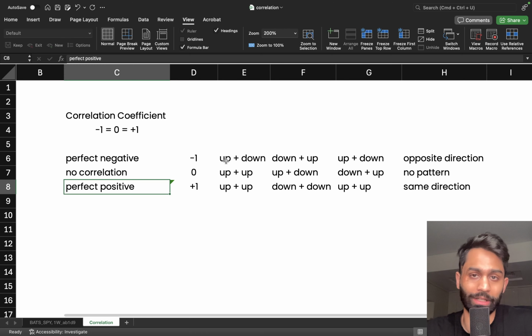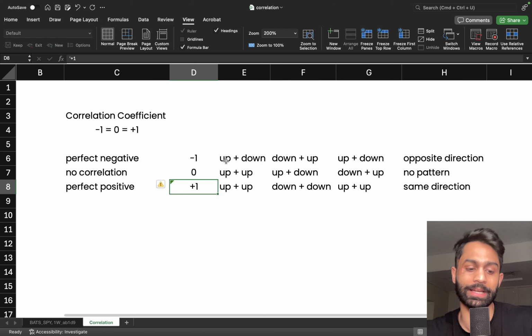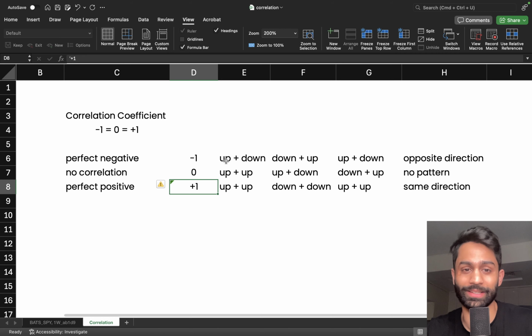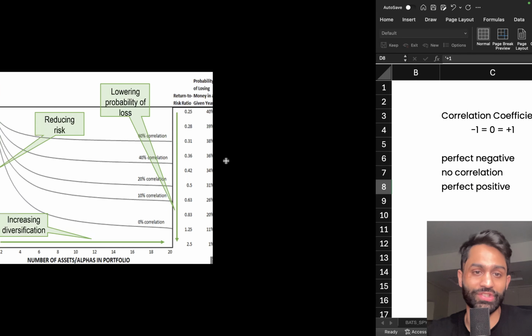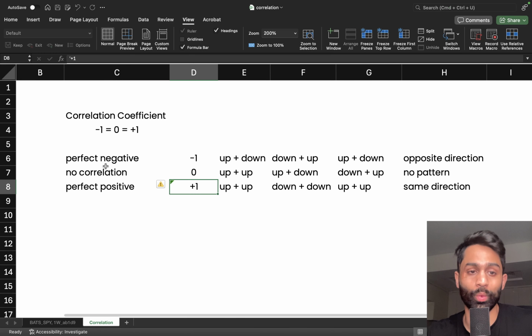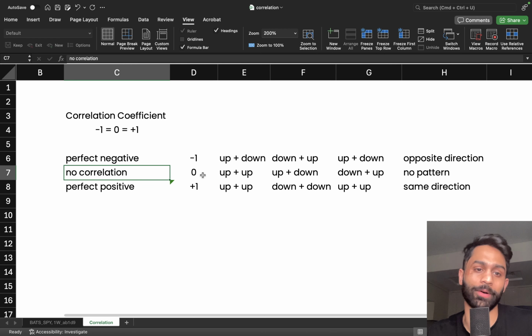Now, a positive correlation can actually be detrimental to a portfolio, because if you are investing in stocks, ETFs, real estate, gold, whatever those asset classes might be, let's say that you're constructing a portfolio and all you have are assets that are positively correlated to each other, then your entire portfolio becomes extremely risky, because if one thing goes down, the other thing goes down and everything goes down in your portfolio. So that's why Ray Dalio essentially suggests that you want to build a portfolio of assets that are uncorrelated to each other, which is no correlation at all, which is zero.